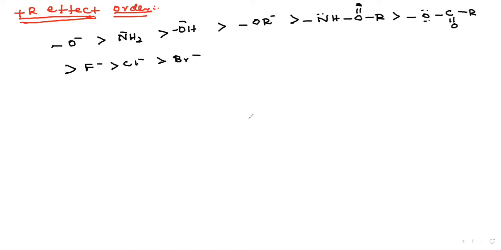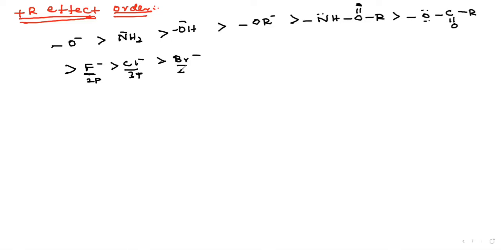Please note. These are what? Electron releasing groups. Why is F minus more? Because this is also 2p, carbon is also 2p, right? F minus is very much more compared to Br minus and Cl minus. Don't worry about electronegativity. In this case, this oxygen is also more. Between oxygen and nitrogen, oxygen is more electronegative, right? But it's able to donate the electron because it contains 2 electron-rich centers compared to nitrogen. Similarly, fluorine, chlorine, bromine: fluorine belongs to 2p, this is 3p, this is 4p.